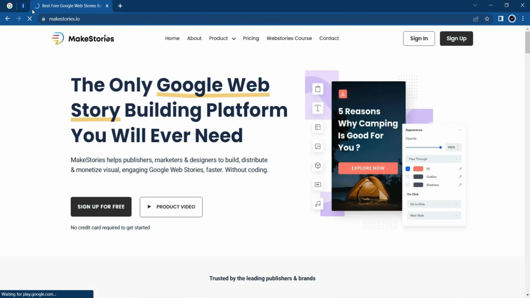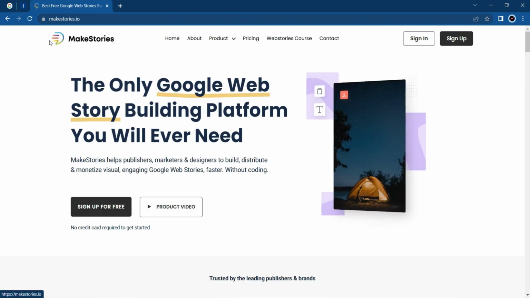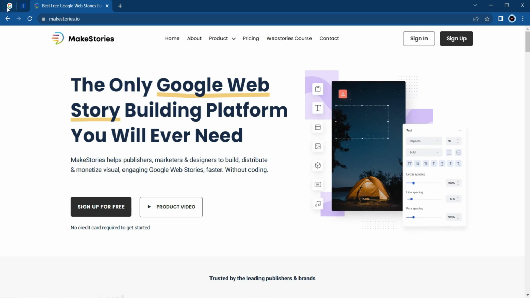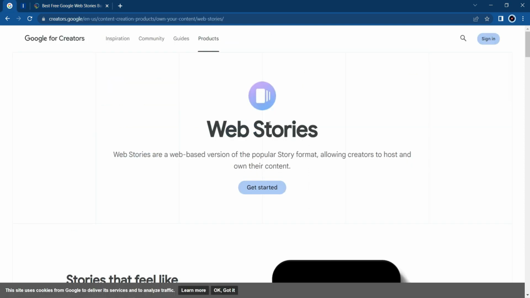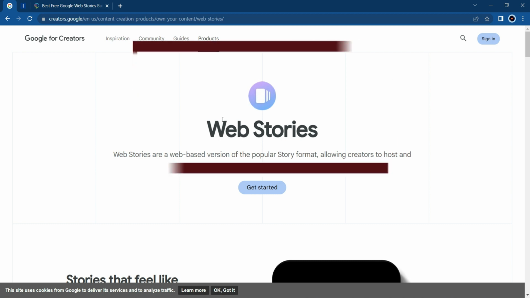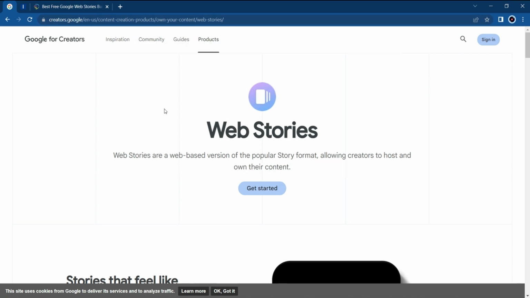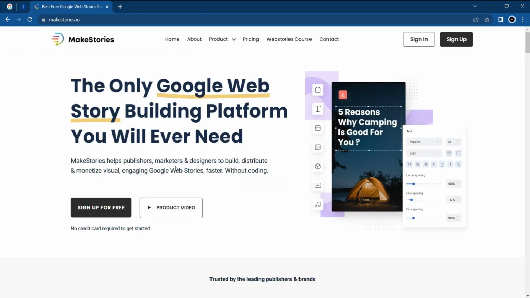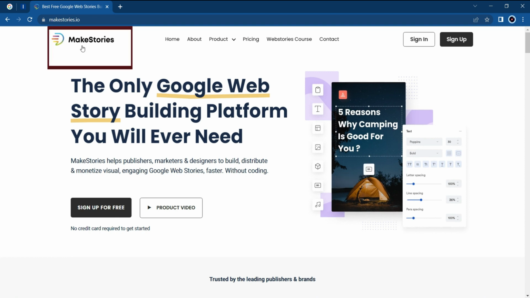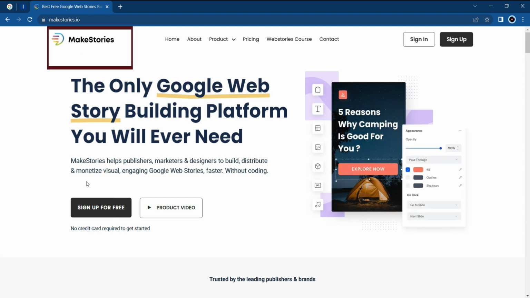This is the Make Stories plugin. You can see the logo here. This is the logo of the Make Stories plugin, and this is the logo of the Google Web Stories plugin. Both plugins are very good. You can use either of them, but if you are a beginner then you can use this plugin, but if you are at an advanced level and you have a little money, you can use this plugin, because until